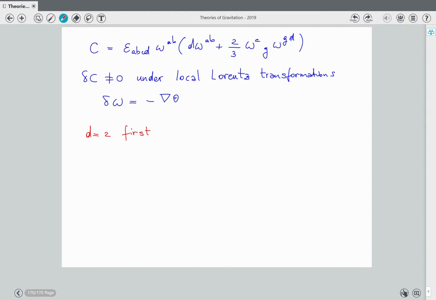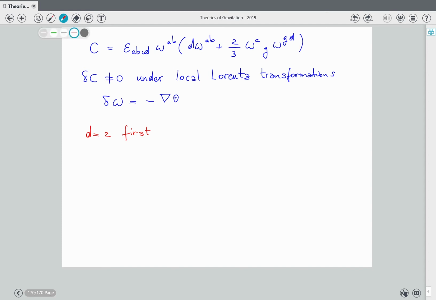Because C is not invariant under a local Lorentz transformation, but its variation is a total derivative. So if you integrate C in 3 dimensions, because it's a 3 form, then you get some sort of action. It's called topological because it doesn't really propagate any physical degrees of freedom. But let's do this in 2 dimensions, where